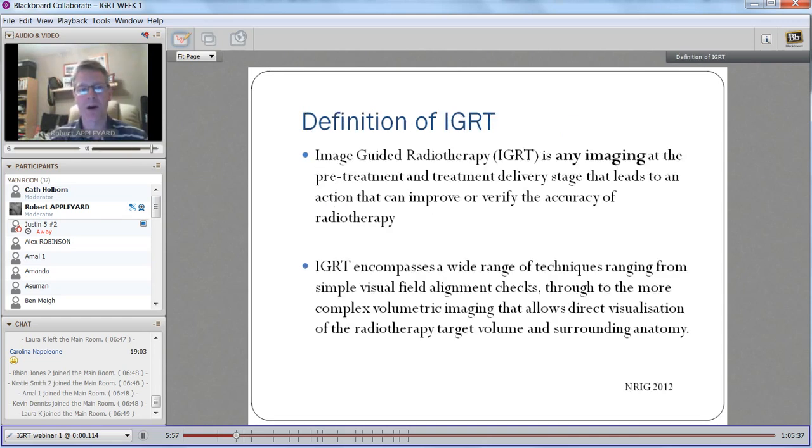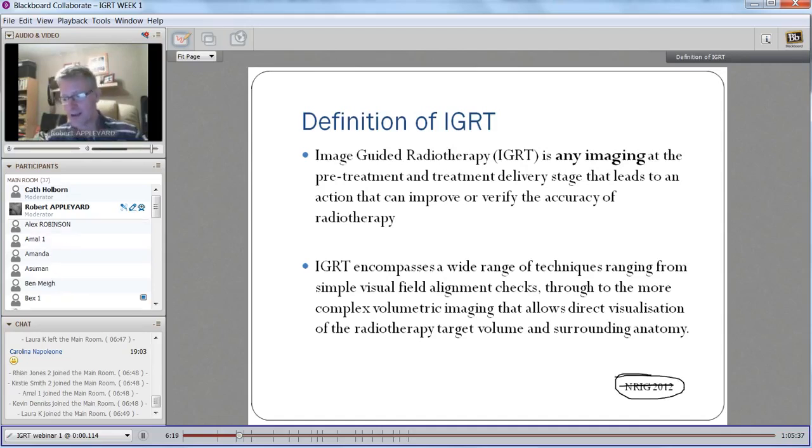So what do we mean by IGRT? Well, the way that we're going to move forward with this course is with the definition that's in this particular document at the bottom here. But there, at the bottom,